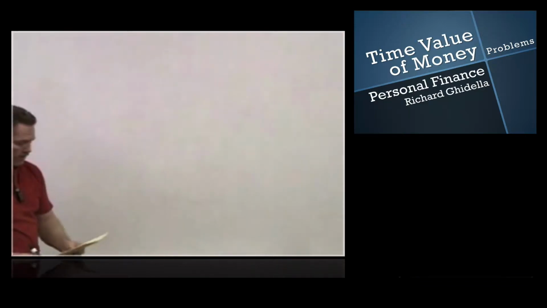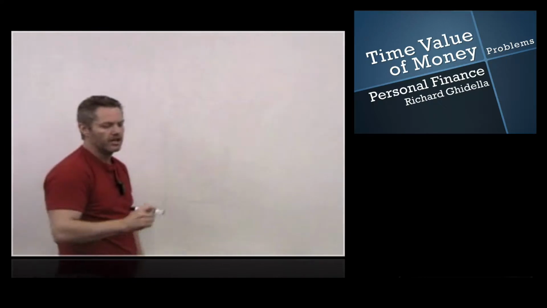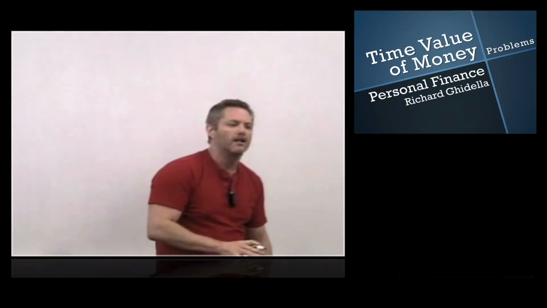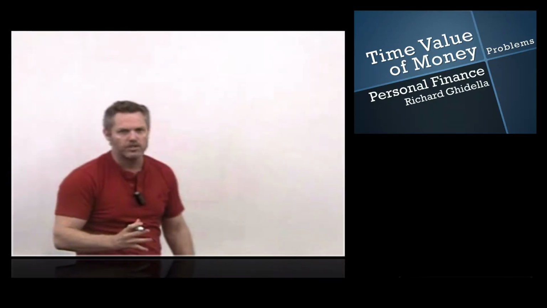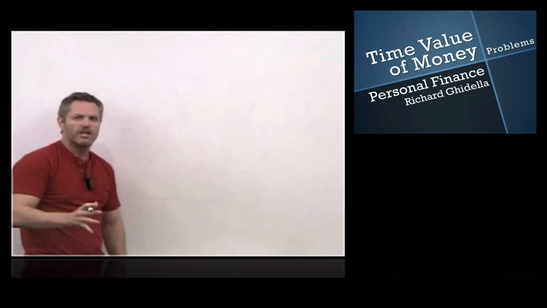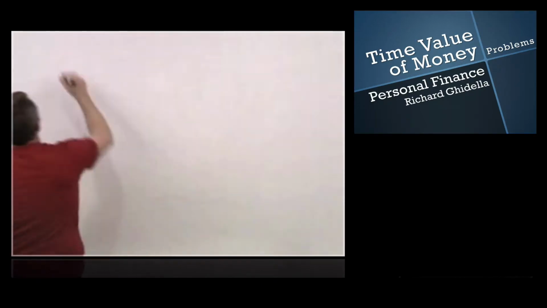Our first problem that we're going to do is just a basic, simple investment. Let's say you're investing $1 for 5 years, getting a 10% rate of return. 10% is the average rate of the stock market. So we're going to take $1,